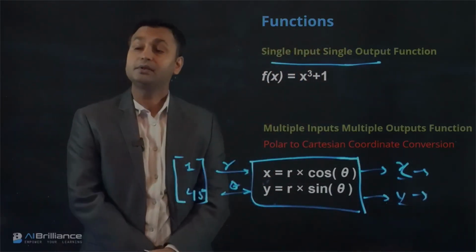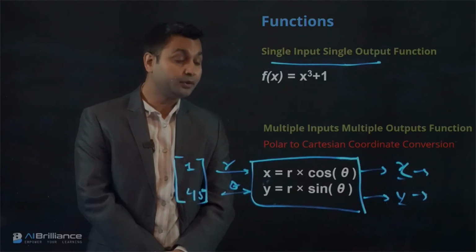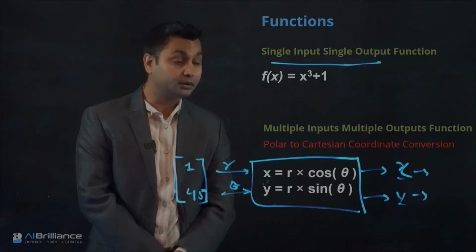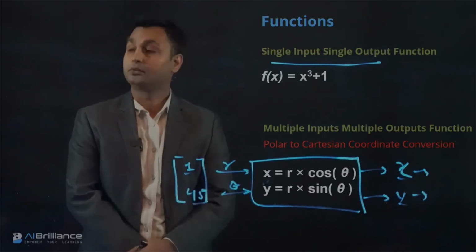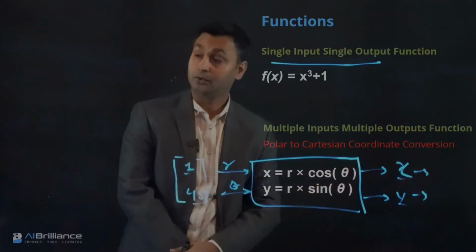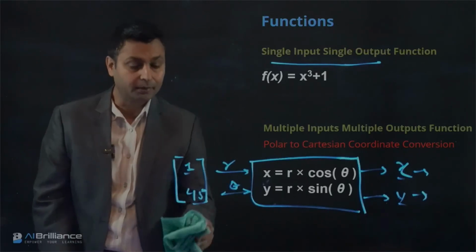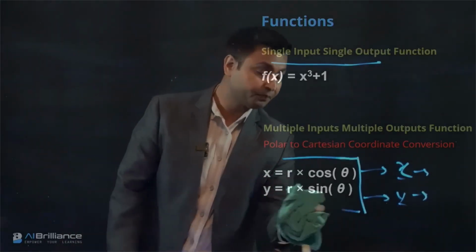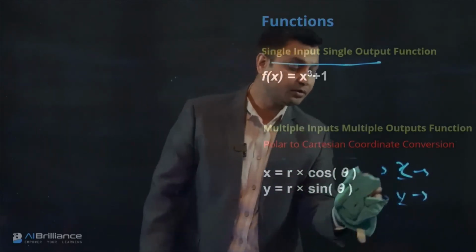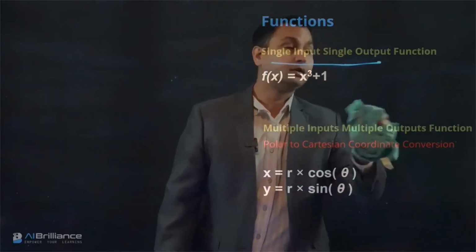So this is an example where you have multiple inputs and multiple outputs in the function. Here we are providing a two-tuple input and getting a two-tuple output. One way to think about linear transformation, which is the main topic that we want to cover today, is that it's also a function